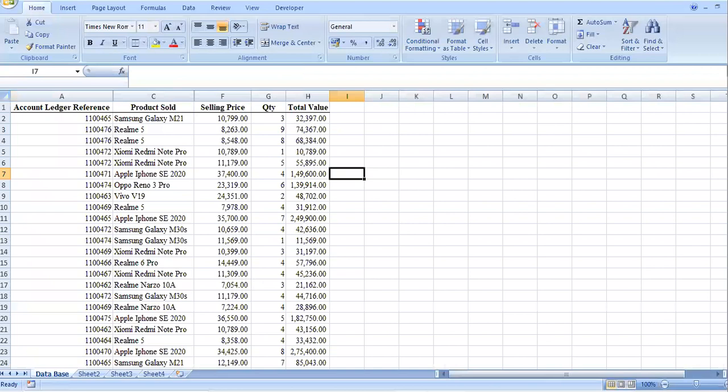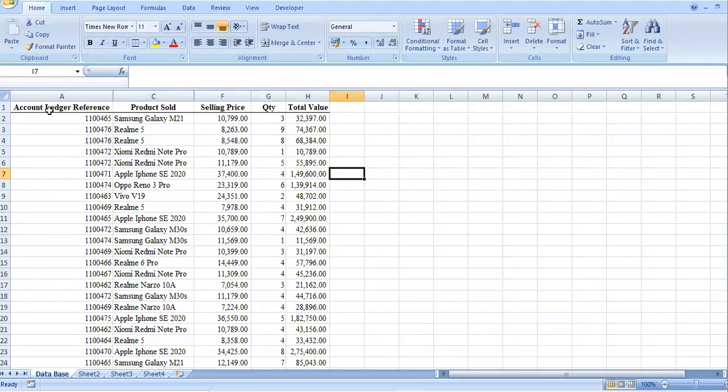I have a database here. As per this database, I'll just tell you what the background of this database is. Here, you are the accounts officer or a manager, whoever. A sales team has given you a report. The sales team has used some software for making sales, and the team has given you a report.